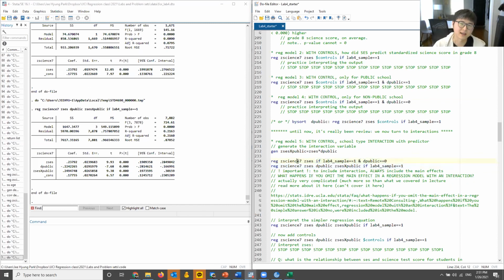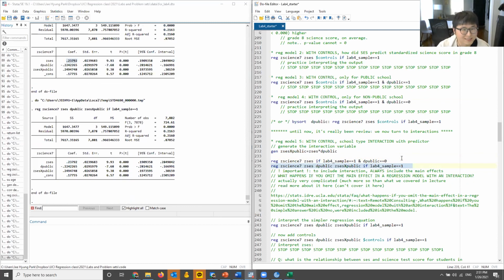You're regressing science on SES, and then you're limiting it to only private school. And that tells you it's 0.23792. You run this, you will see 0.3792. So it's another way, if you're getting confused with the equations, you can just make Stata do the thing that you want to see, and then compare and match. And there's a point at which this breaks down, but